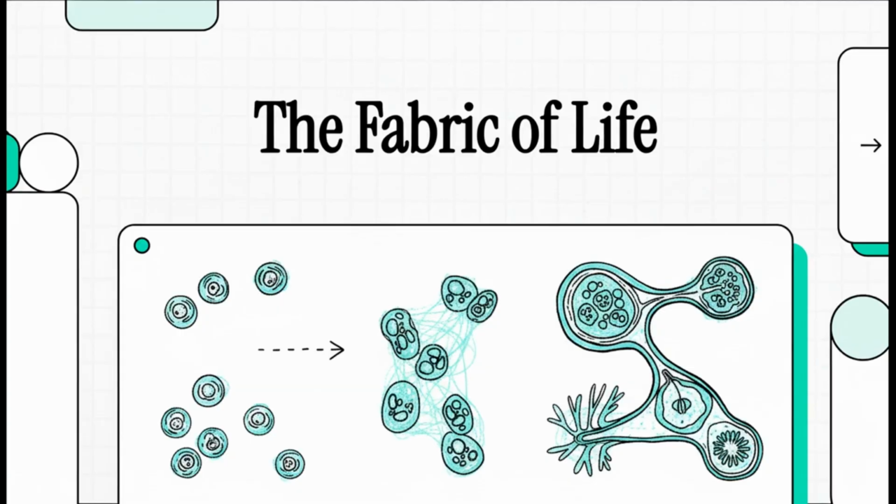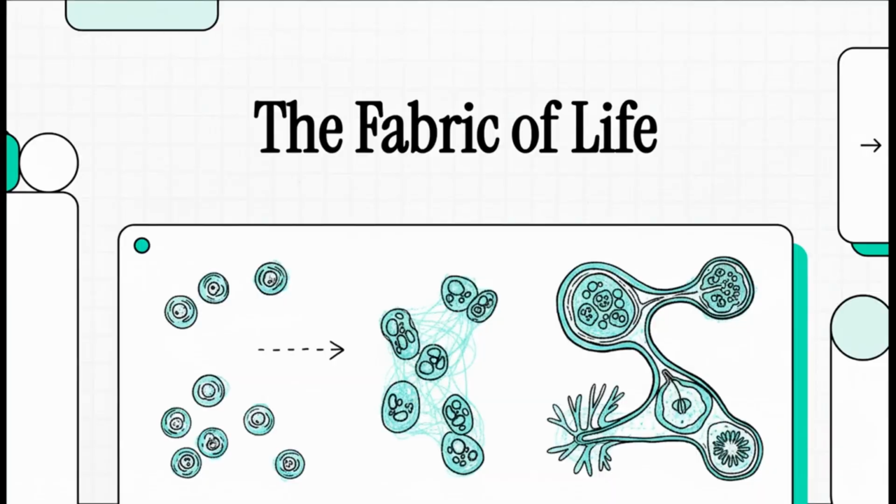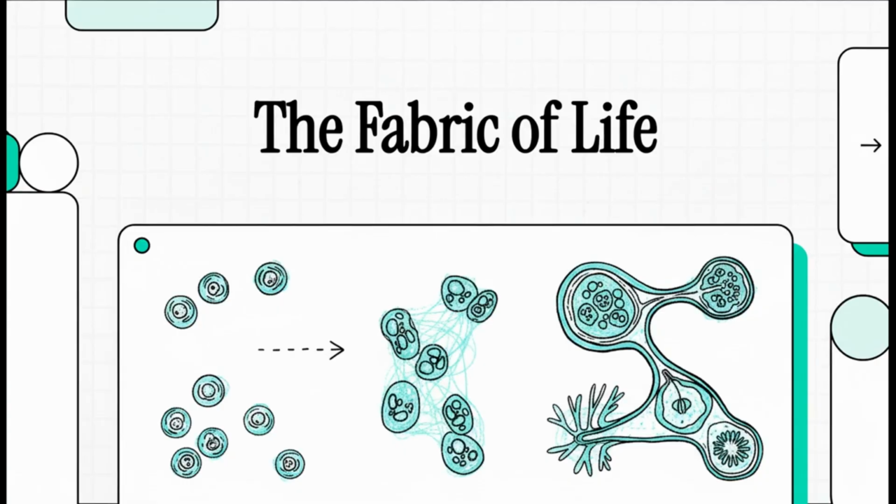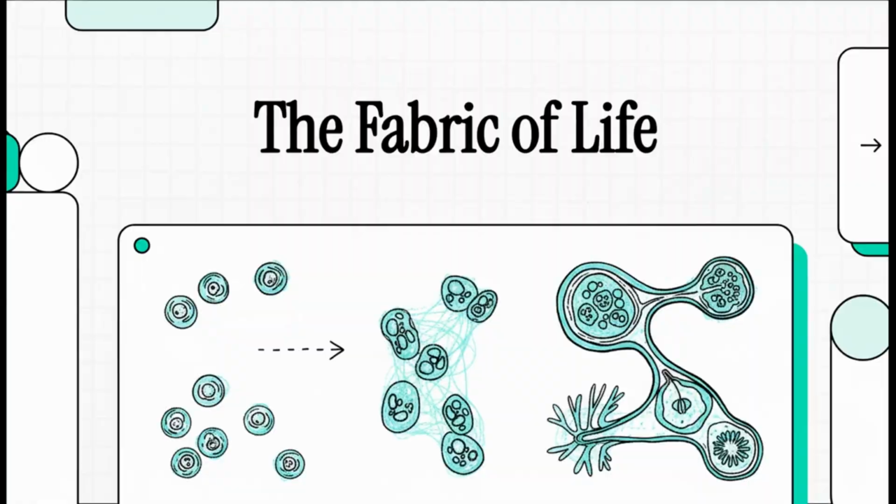Every single complex living thing, whether it's a giant tree, an animal, or you, it all starts from just one cell. So, how do you get from that single starting point to something with specialized parts like hearts and leaves and brains? What's the secret sauce? How is that incredible construction project organized?